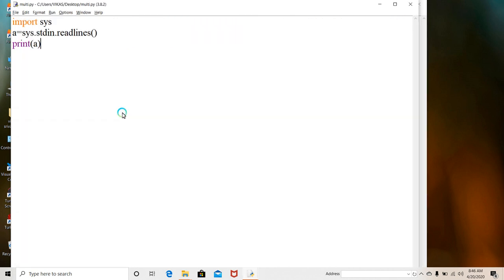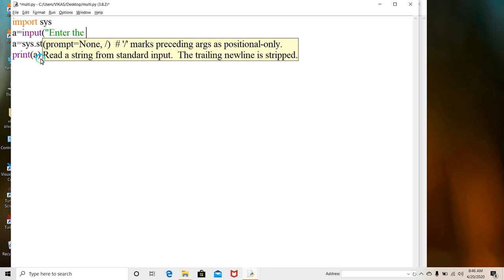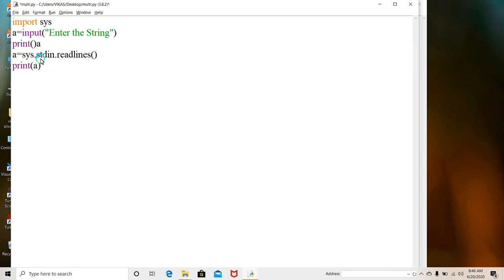Clear? So once again see here how we have to take the input. We have to import sys, and where earlier you wrote a is equal to input, we give the message enter the string, and we display it here with print a. Clear?